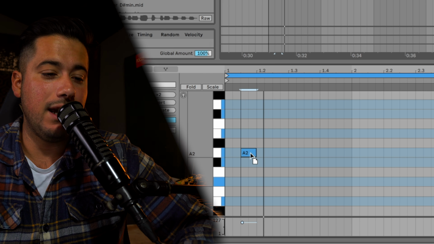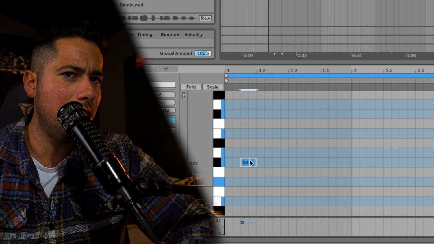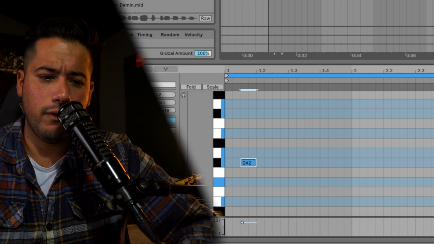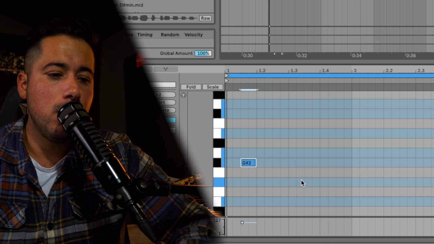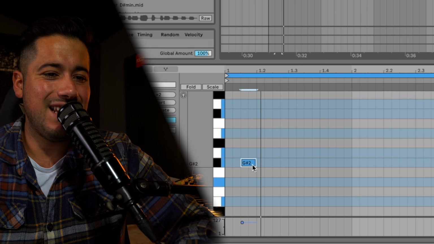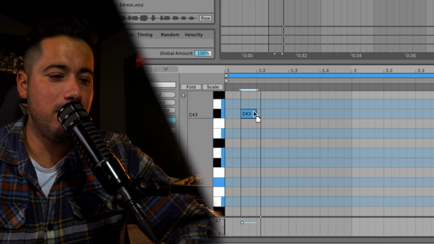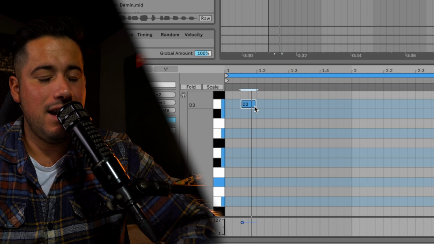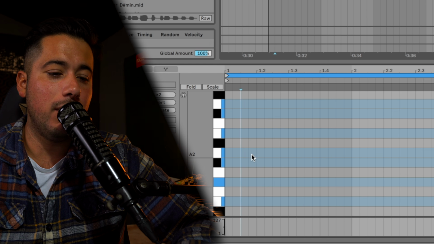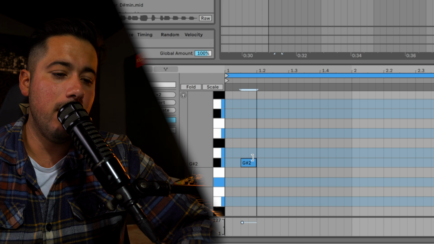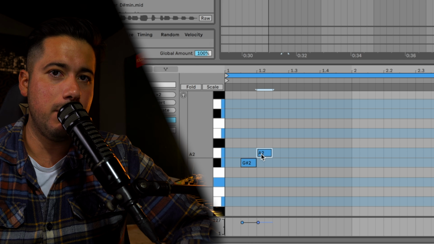However, if I start to go over very unstable and tension-filled notes, in minor scales that's going to be the second note, and I believe the sixth note. You can see that just doesn't sound right. And if I do the next one, which is the D, again, you don't need those. It doesn't mean you can't use them. You can definitely start the melody with that, but it has to resolve to one of the notes that we just talked about, which is the F sharp, the A, or the C sharp,